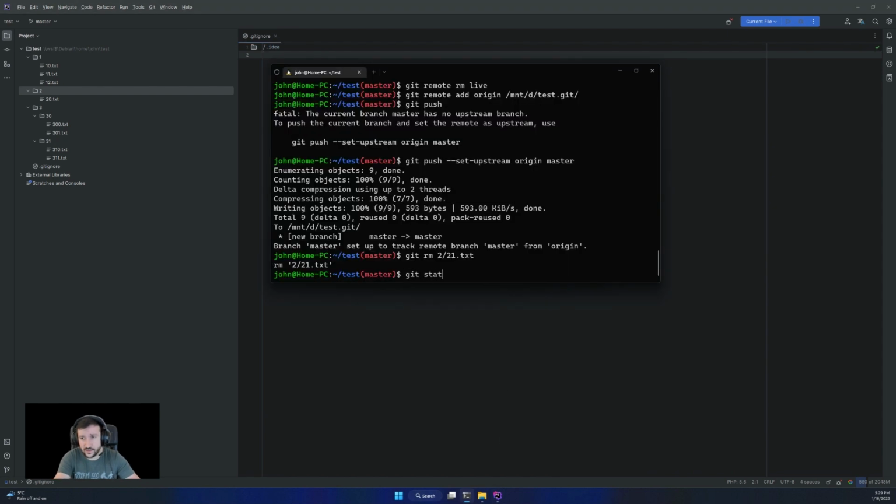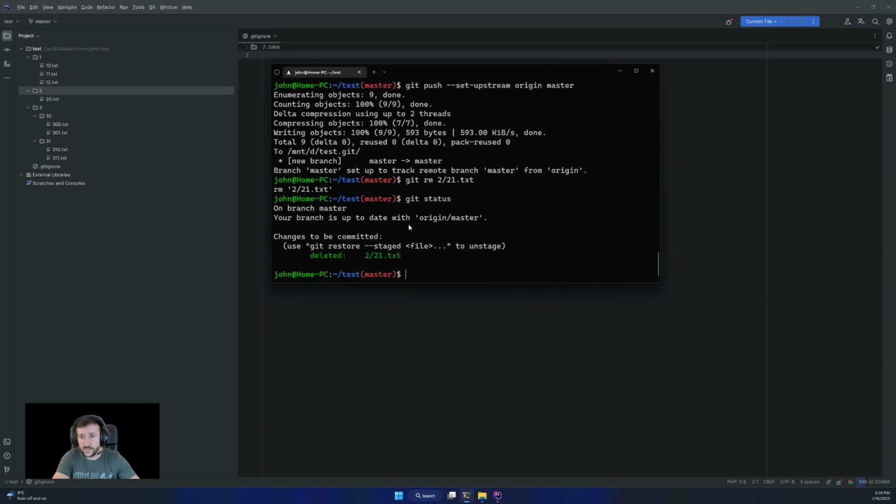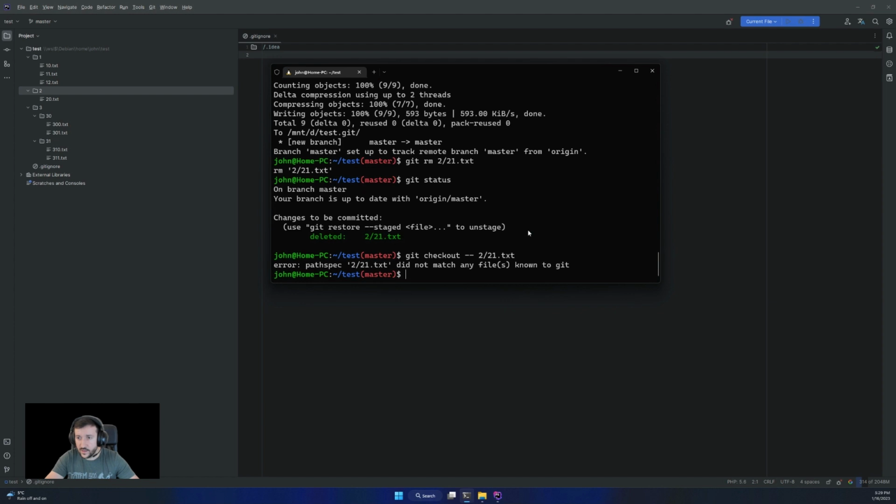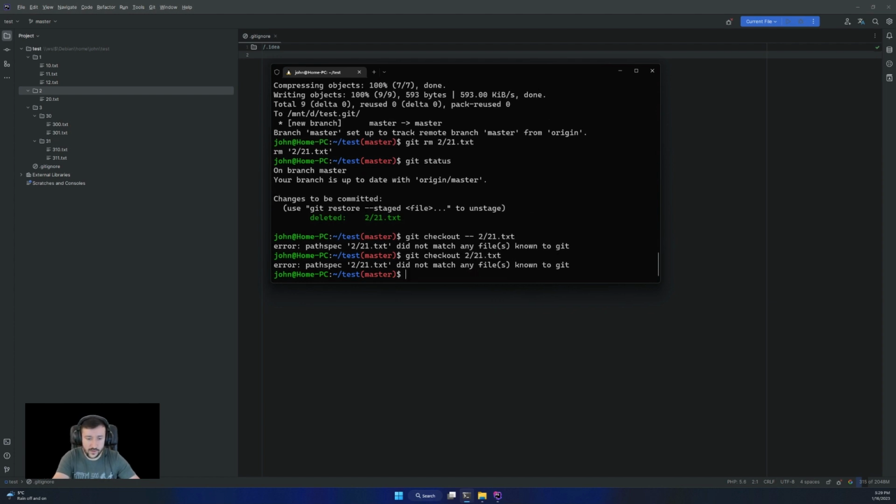If I go git status, well, if I did this by mistake, I think I can do a checkout. If checkout doesn't work, I'm gonna show you the hard way. So git checkout, no, it will not work. So I'm gonna restore that file. This will reset everything, but if I type the file, I think it will work.